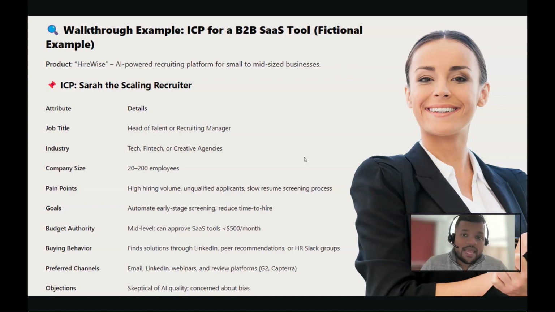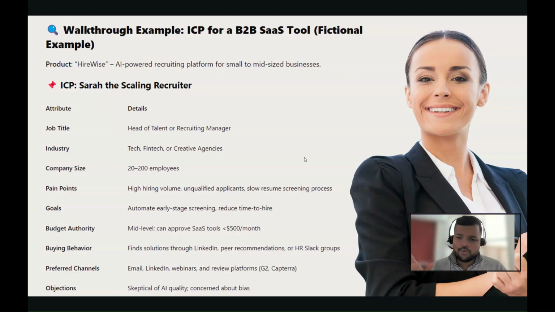If you are the product manager of such a tool, and now your job is to identify who your tool is going to serve, how are you going to go about that? So in this example, we are going to take a look at building the ideal customer profile, and we have a few things over here that I'd like to go through with you.